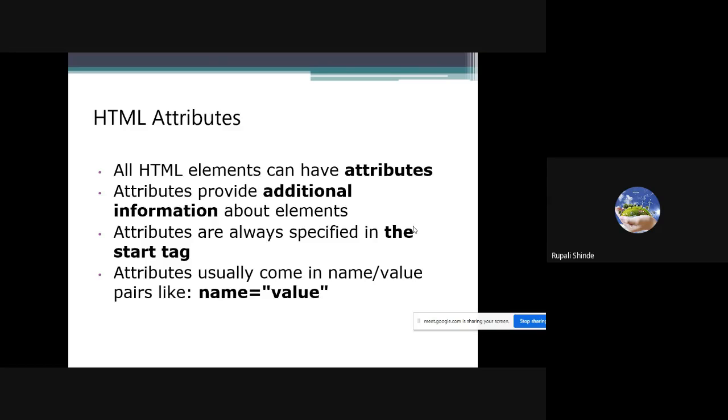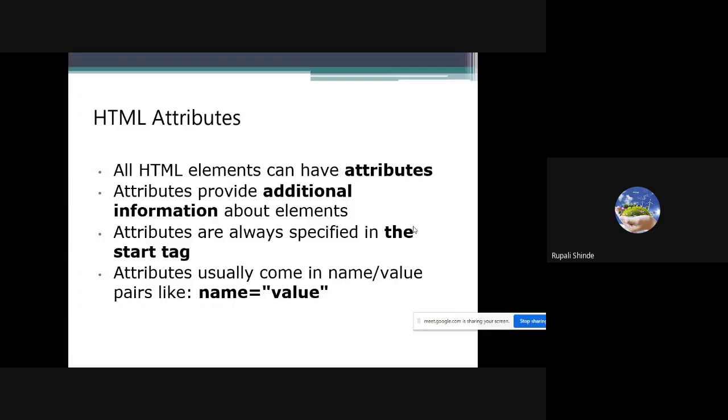We cannot apply any property at the end tag. Everybody knows this, it is very common. Whenever you write the start tag, at the same time you mention all the attributes with their values in the start tag.